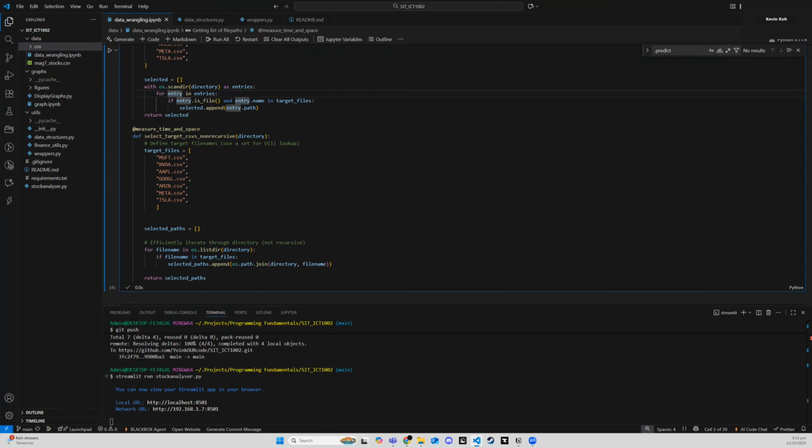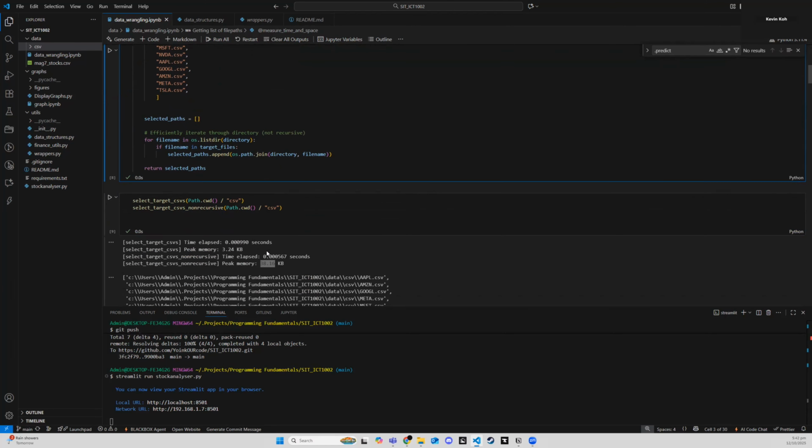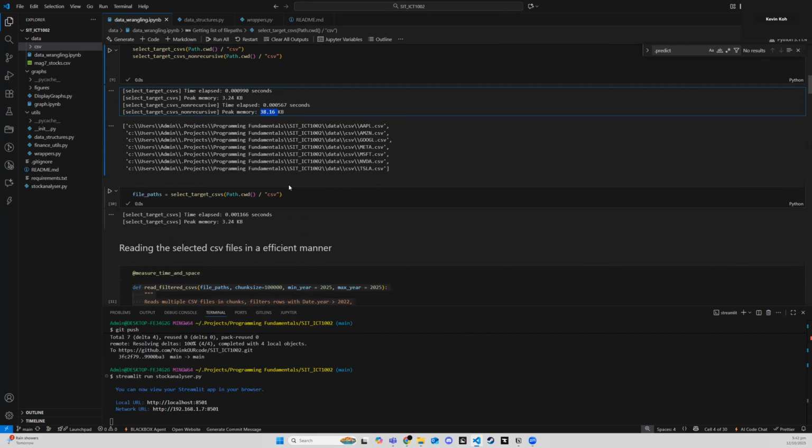And the non-recursive list directory one just lists out the entire directory. It's a simpler method, but it's less efficient and requires an extra join to get the full path. You can take a look at the difference in performance. Yeah, the memory usage is a lot higher, and I use it to get all the file paths of the Mag 7